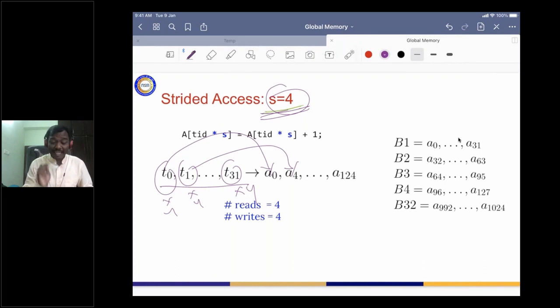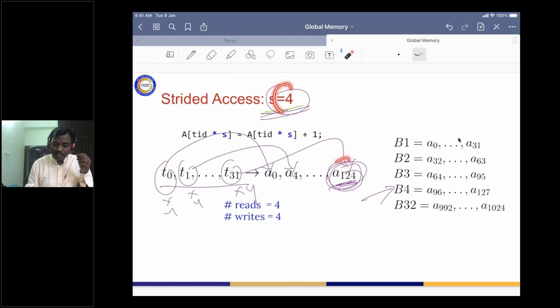Similarly, T31 is accessing A124, which is 31 multiplied by 4. Now what can you observe? The A124 element is available in block B4.